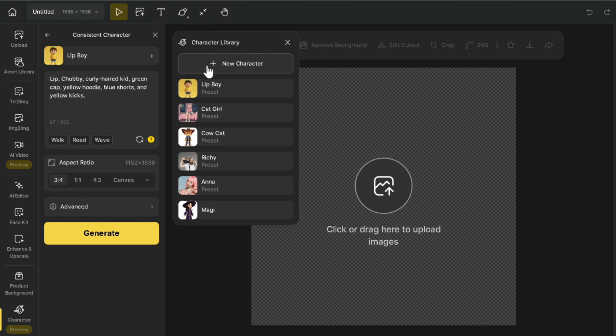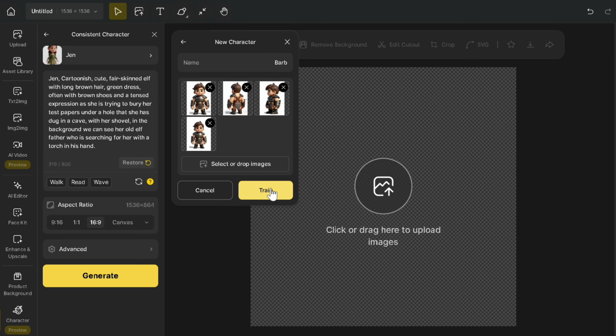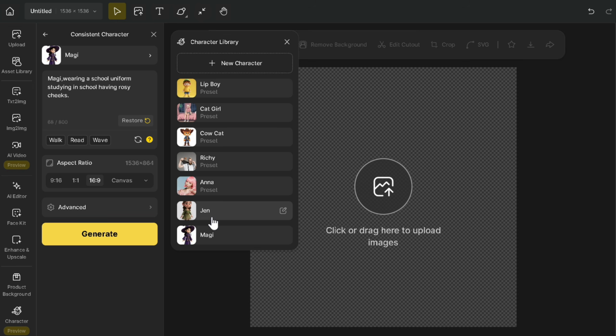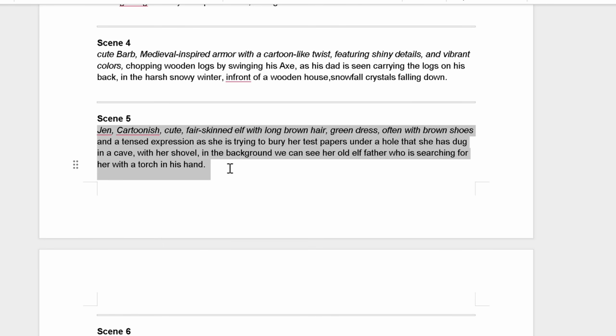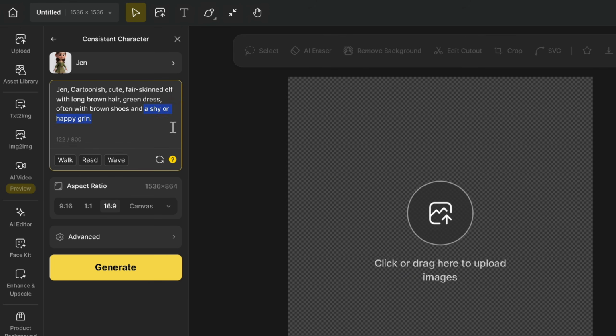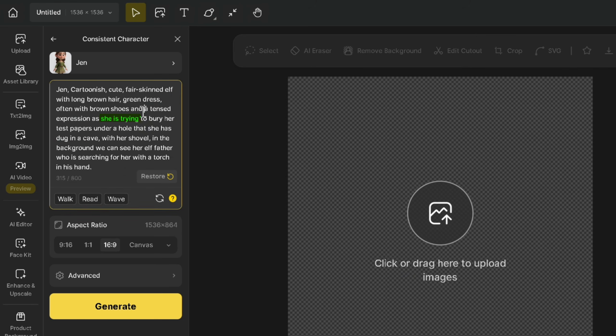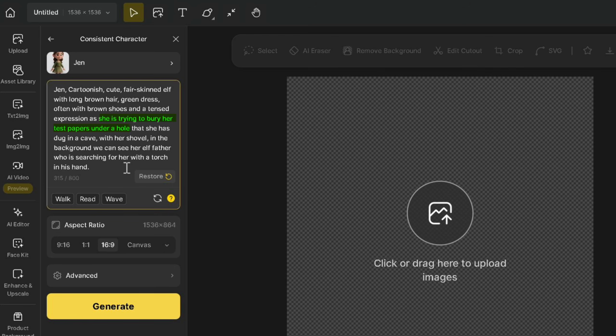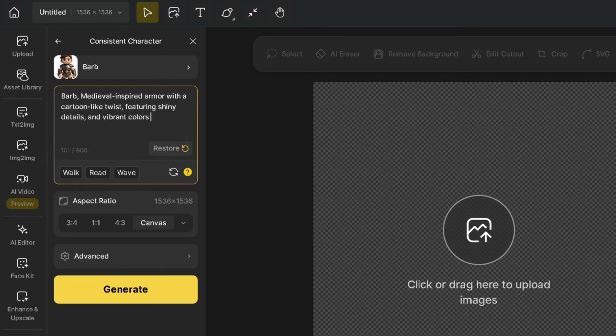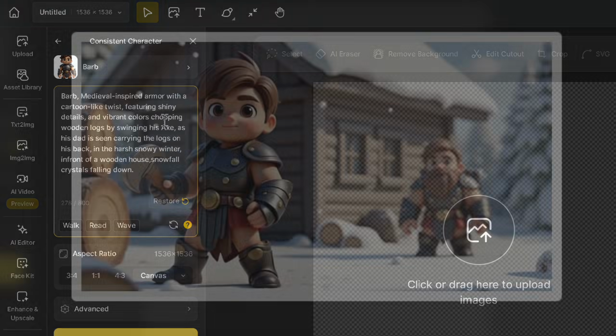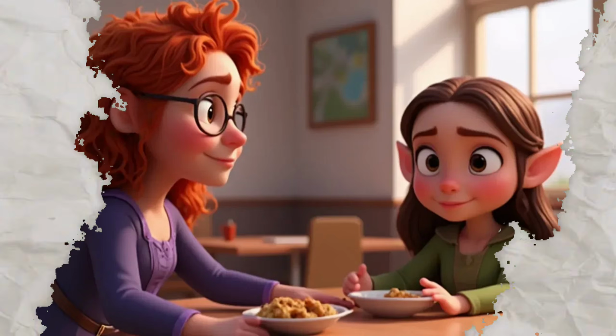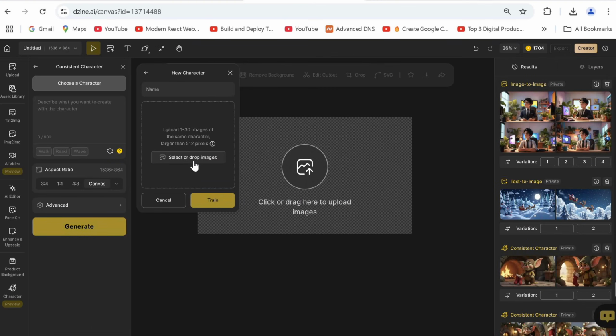We'll train our other characters the same way, assigning names and use it to create our scenes, selecting the model and copying the scene description from the script we generated previously to add it after the character description, like this one of the elf trying to hide her test paper under a hole, or this one of the barbarian chopping wood. The possibilities are endless,